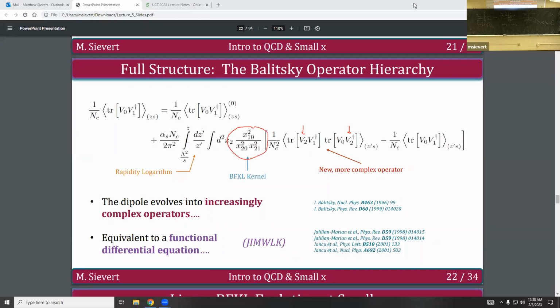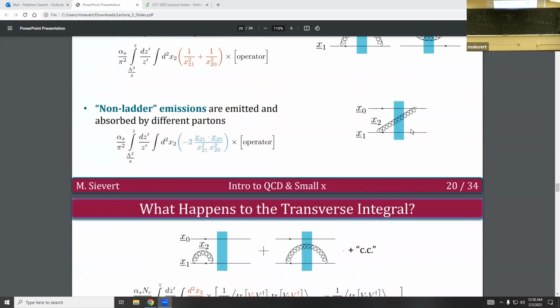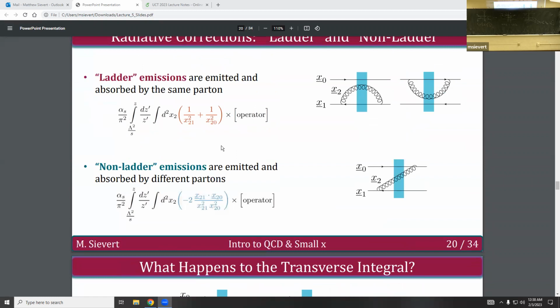So this characteristic form of the BFKL kernel is actually the summation of these two effects together. If I have my scattering operators and I have all possible wave functions I could emit and absorb from particle 1, emit and absorb from particle 2, or both combinations, then when I add up all combinations of the wave functions, this plus the cross term exactly conspires to give me